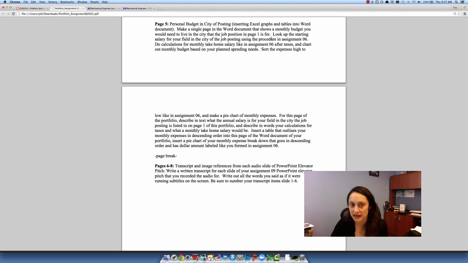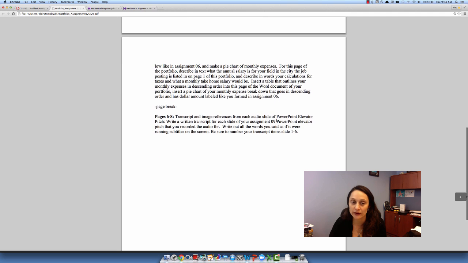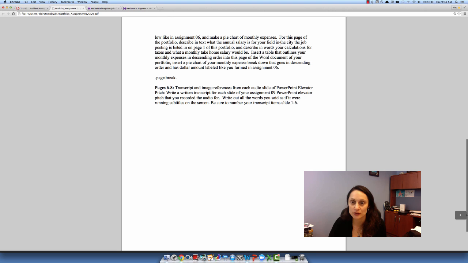Look up the starting salary for your field like we did before. Do calculations for monthly take-home salary after taxes, and chart out your monthly budget based on your planned spending needs. So this is personal to you in whatever city that job posting was and what your career field starting salary is. Sort the expenses high to low like in assignment 6. Make a pie chart of monthly expenses. For this page of the portfolio, what you're going to write up starts with this. In this page of the portfolio,